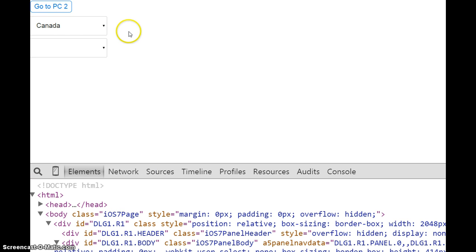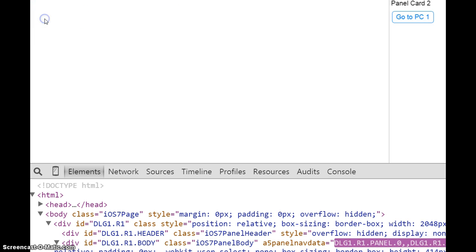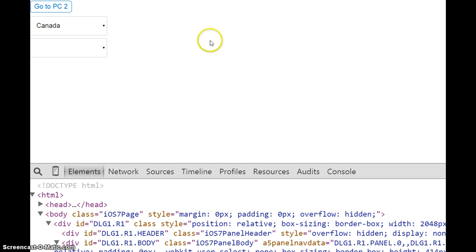choose one. As soon as we choose one, then everything's okay, and we remove the error classes from here and the pop-up title bubbles. And now we can go to panel card number 2 and come back, and everything's all right. And the main point here is that we haven't gone anywhere. We're just using the tools that Alpha gives us to manipulate the classes and manipulate the controls the way we need to, but all